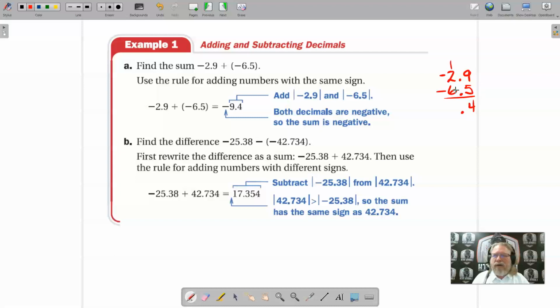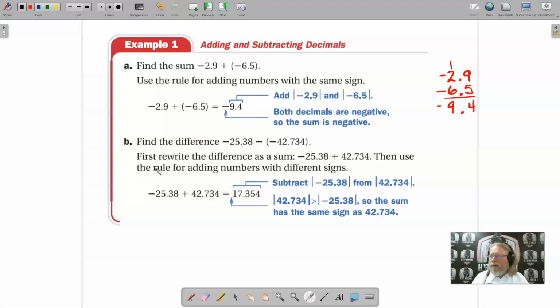We carry the 1. 6 plus 2 plus 1 is 9. And both of these are negative, so our sum would be negative as well. Yeah, this one's going to be a great example for what I was saying about lining them up. And that is to say, find the difference between negative 25.38 minus, thus the word difference, negative